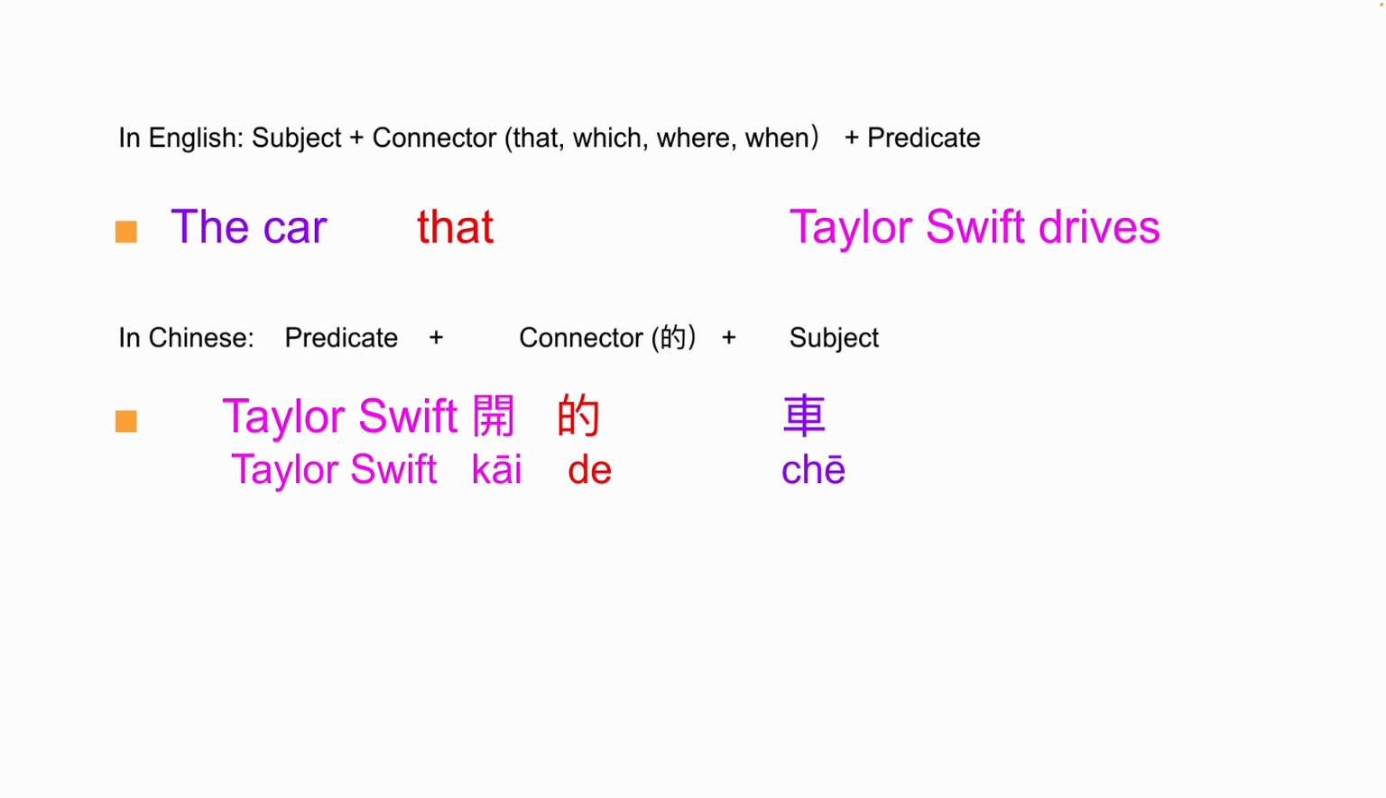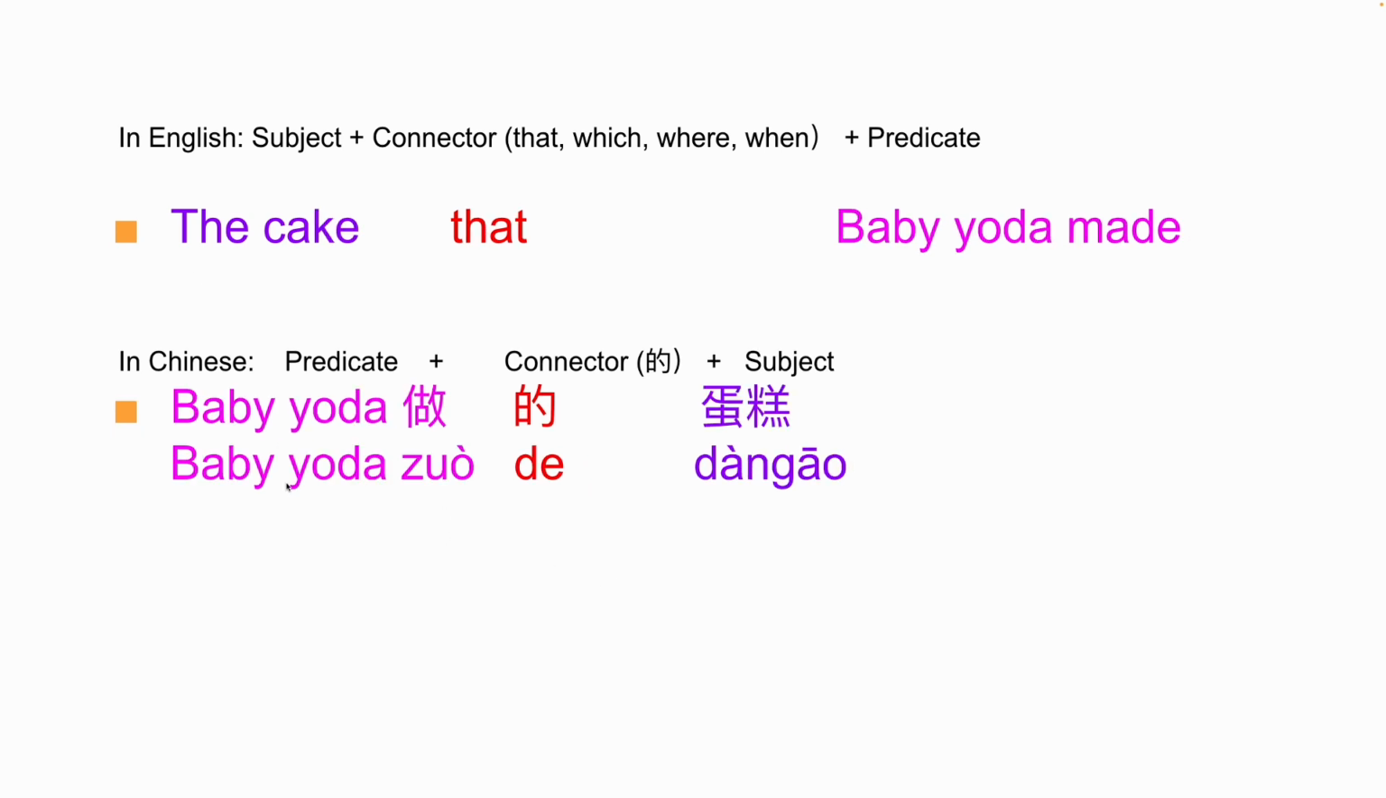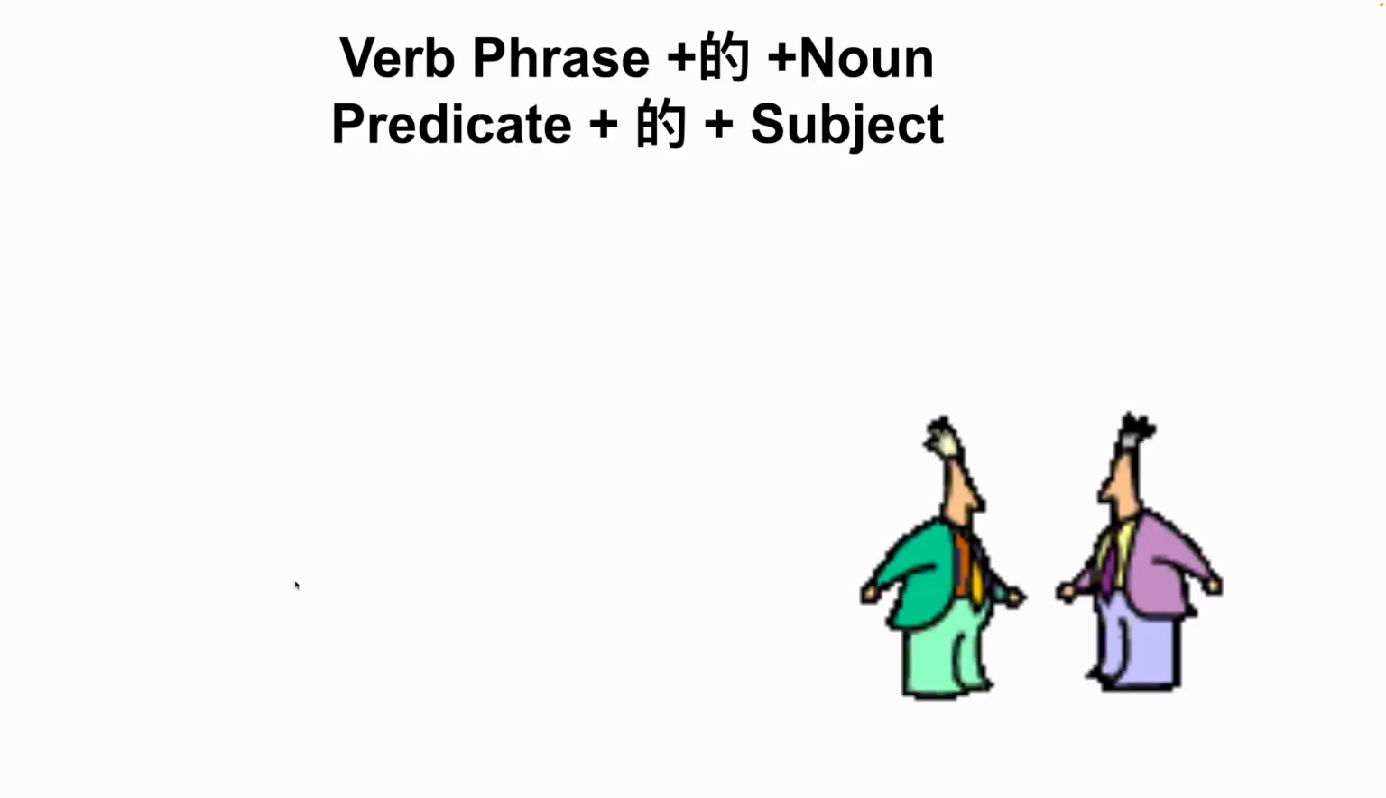Okay, let's review the sentence pattern again. In English, we put the subject before the verb phrase. However, in Chinese, we put the verb phrase or the predicate before the subject. Taylor Swift 开的车。Baby Yoda 做的蛋糕。